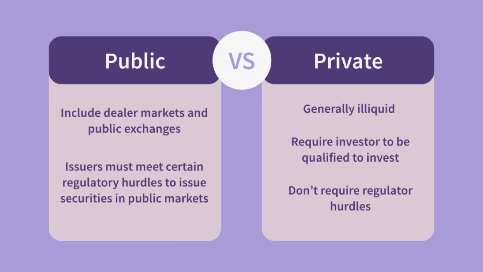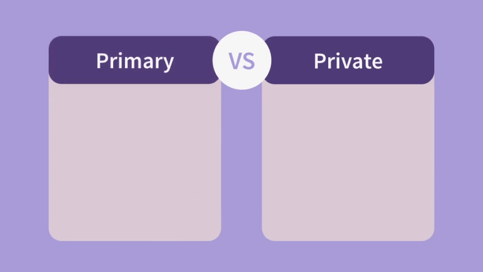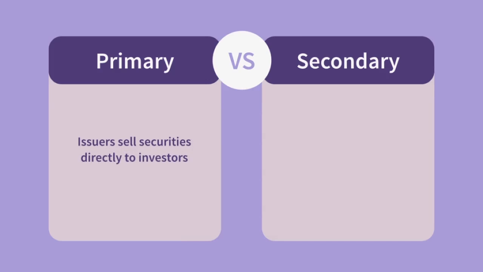In addition to public and private markets, it is also important to distinguish between primary markets and secondary markets. Securities that are sold in the primary markets are sold directly to investors, such as in an initial public offering of stock. Money flows directly from investors to the issuer. In secondary markets, traders buy and sell stock from each other, and, consequently, money flows between traders, as is typical throughout the trading day on any major public exchange.